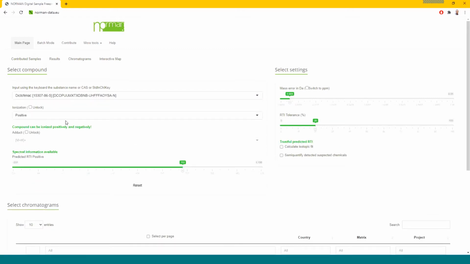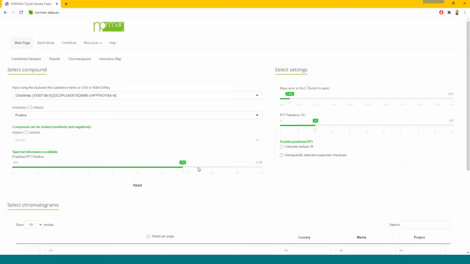Once the substance is selected, the platform will retrieve mass spectrometric information such as favorable ionization, adduct, MS/MS fragments from the database, and predict the retention time index, which is the chromatographic time when a compound is expected to elute.